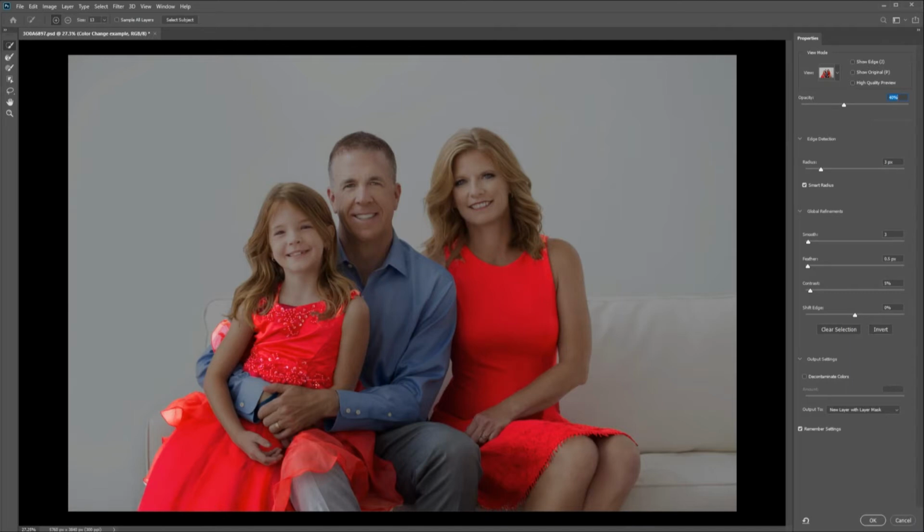Once you're in the Select and Mask, you want to go over to our hand tool, and this is going to give you a cursor. You can see it here. You can make it larger and smaller. I want to select my brush size to be fairly small, and we're going to basically trace around the areas we want Photoshop to have a better look at. So I'd like to go around this area here, the edge of the dress where we had some transparency. Remember this little bit here that it had trouble selecting